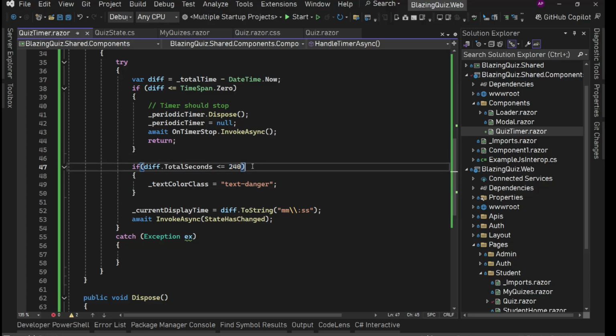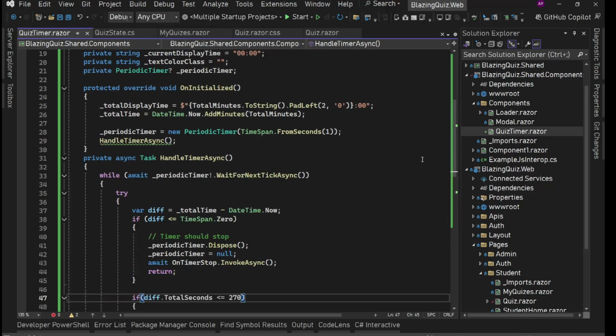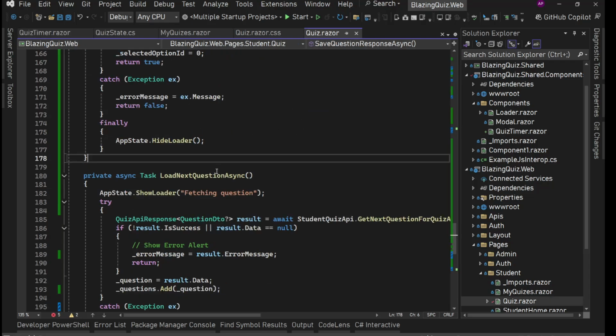We'll modify it, but for now let's leave it like this only, or maybe we can say 4.5 minutes. So that means 270. Cool. And then on the quiz page,